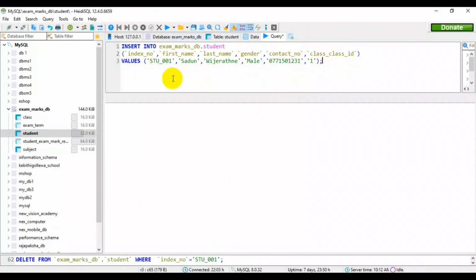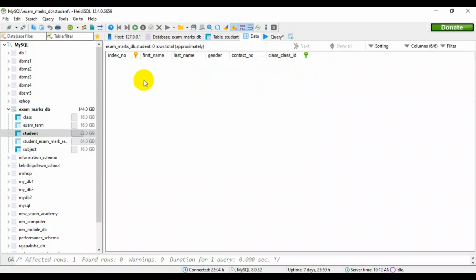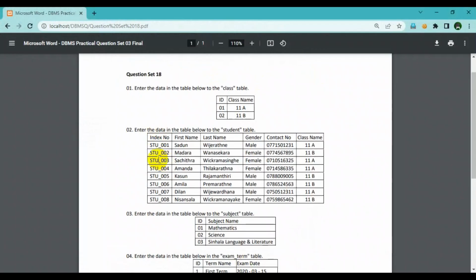Now I am going to execute this query statement. Now I select the data table and refresh. Second column is STU002 first name Madara, last name Vanasekara, gender female, contact number, class name 11B. Okay,